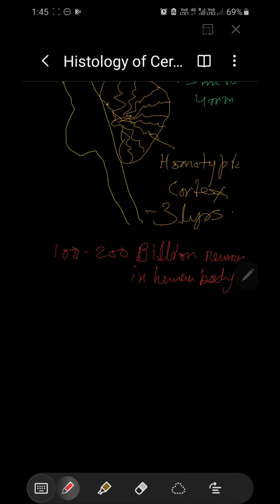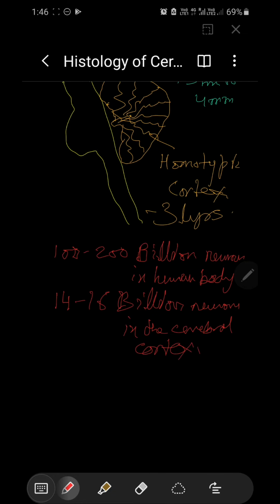Okay. Now, if it's asked how many, you have to have a comparative idea. In the cerebral cortex, we have only 14 to 16 billion neurons in the cerebral cortex. Again,